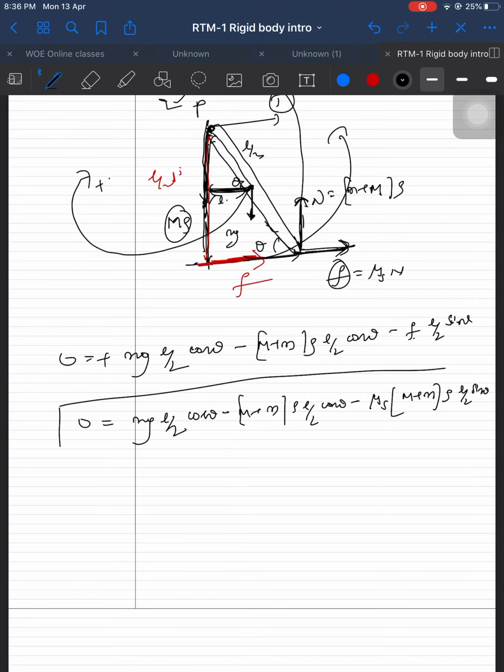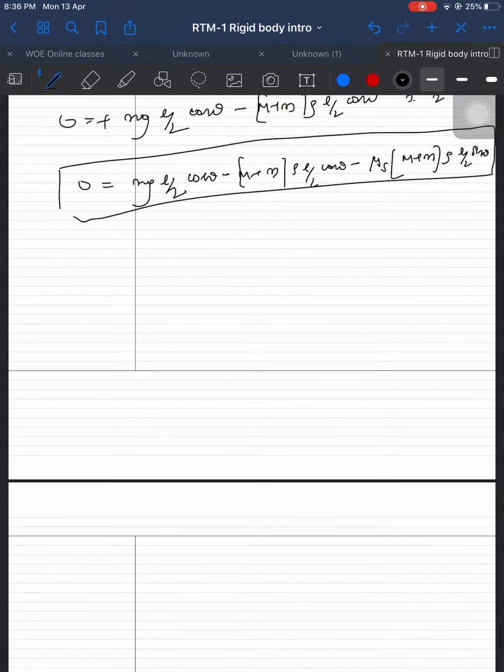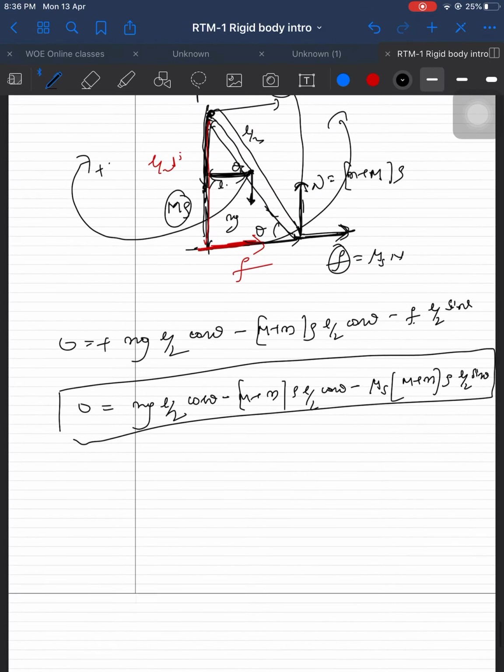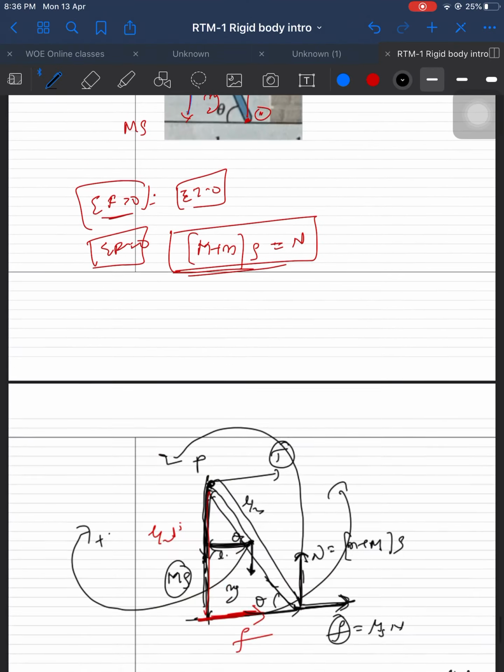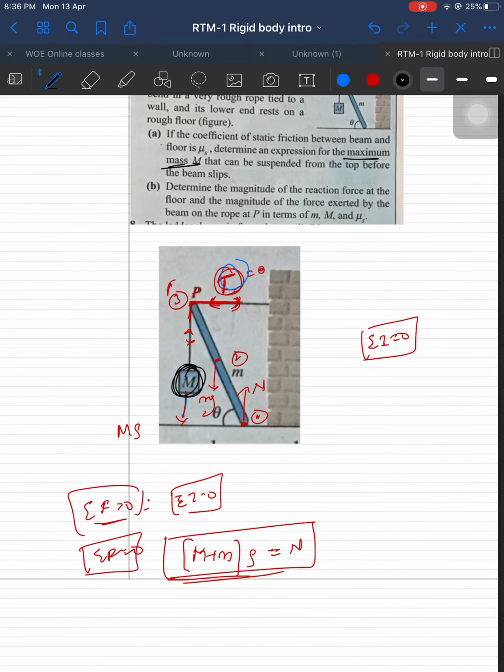From here what we are supposed to get? We are supposed to get capital M. Net torque is equal to 0. This is the value we are going to get, right? What he asked? So he is asking maximum mass. So if the maximum mass is asked,